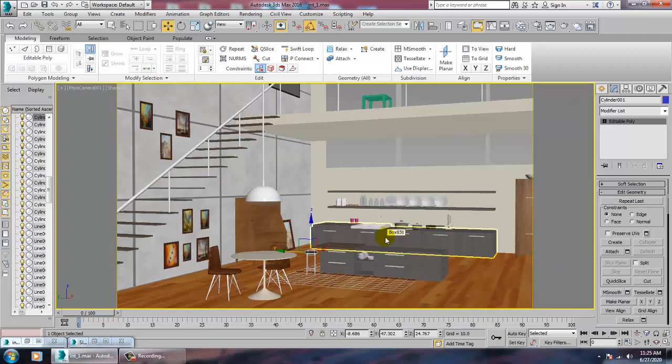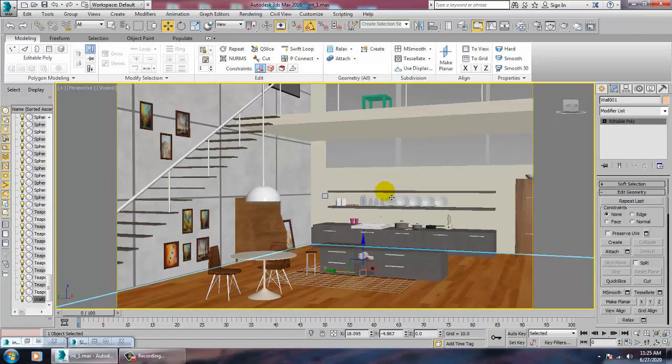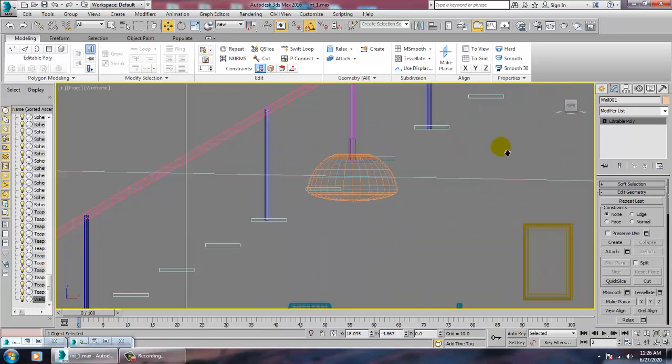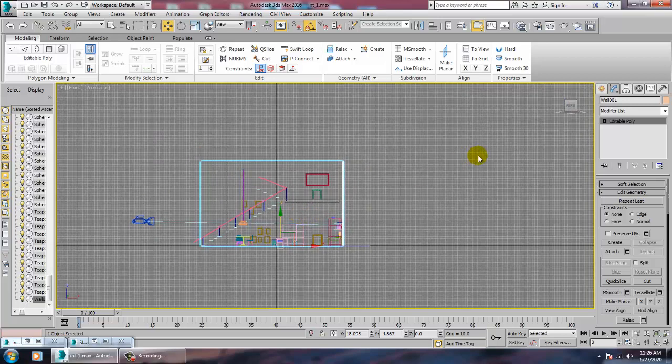So now we need to assign some lights over here. For the lights, we'll be going into this view. If you want, you can just close it from the top.